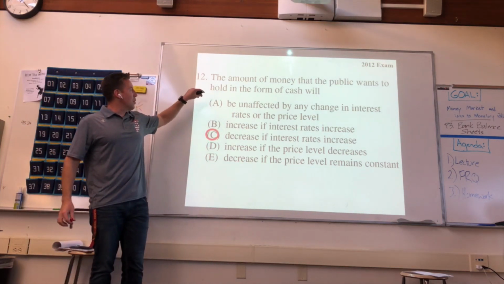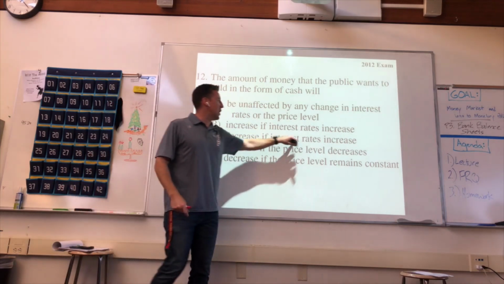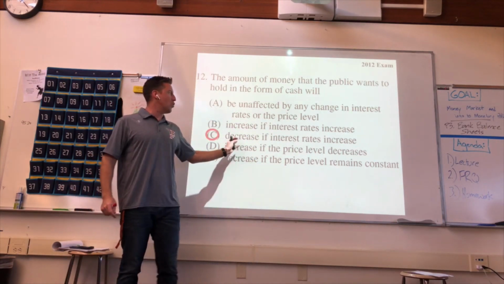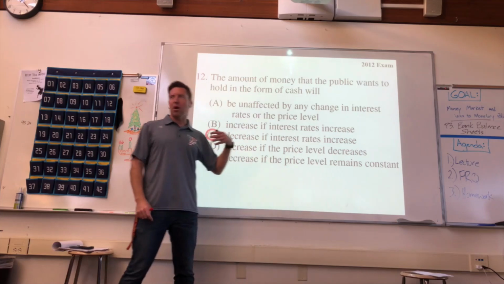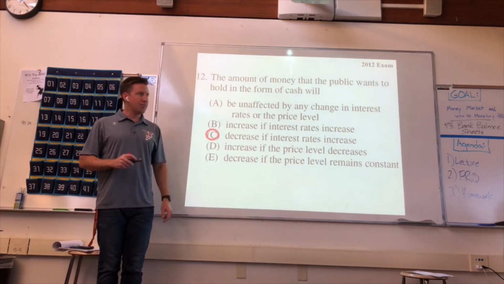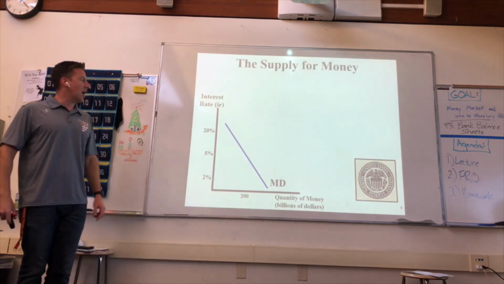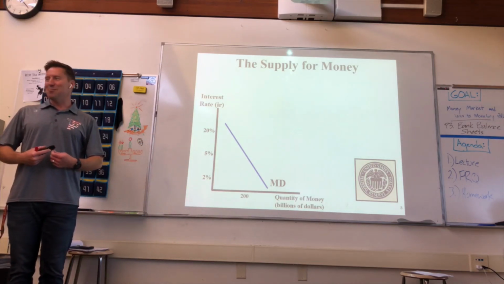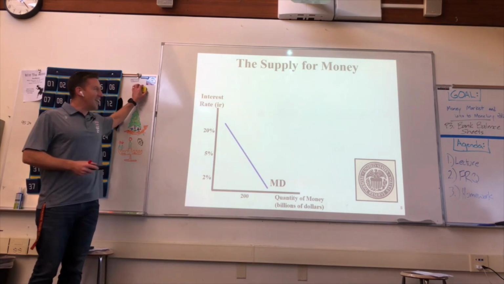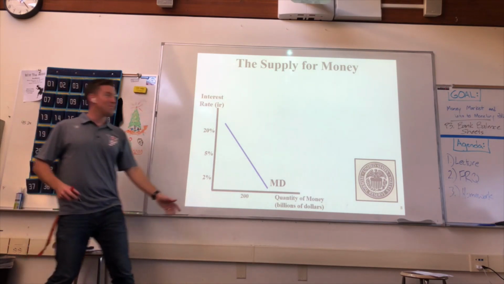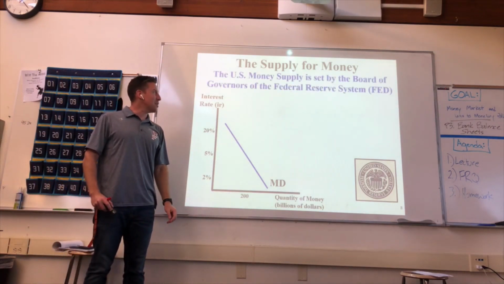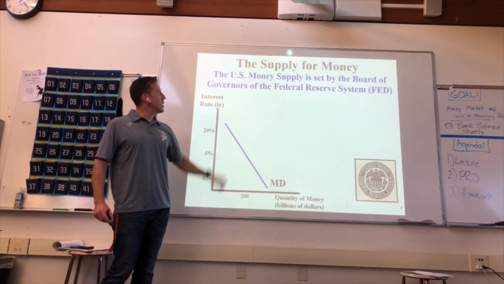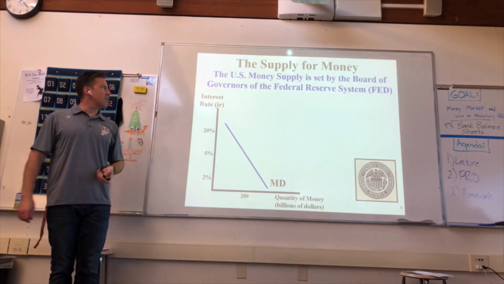The amount of money that the public wants to hold in cash will decrease if the interest rates grow because why? You want to cash in on those interest rates, make the profit on your own money. All right. So if we have got a demand for money, what do we need? Supply for money. Yay, here we go. But guess what? It's a special one because the money supply is set by the governor of the Federal Reserve